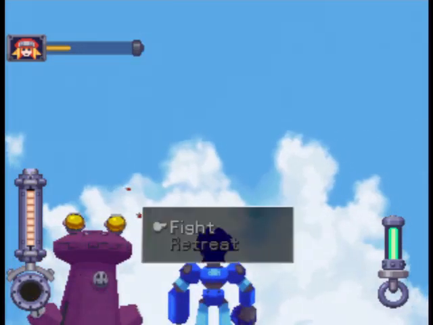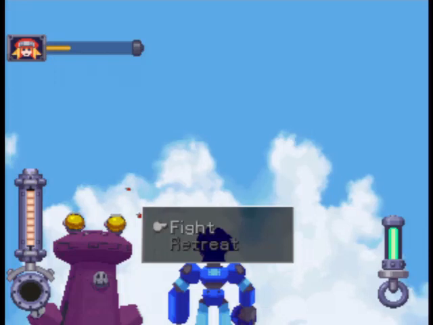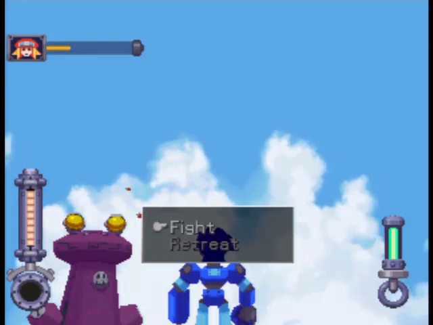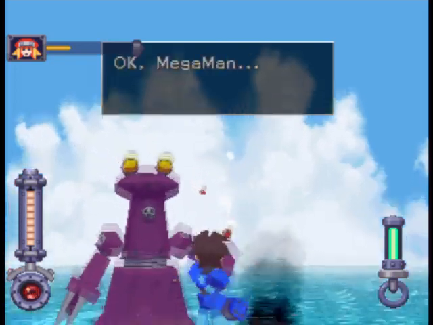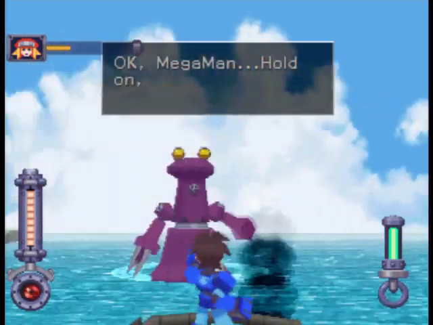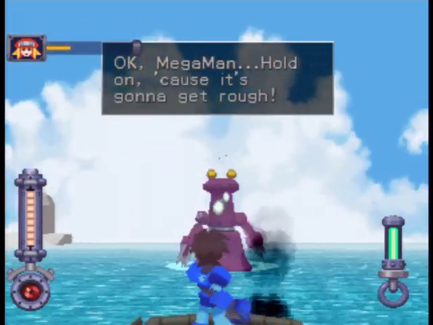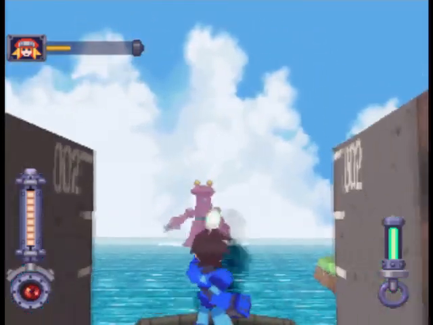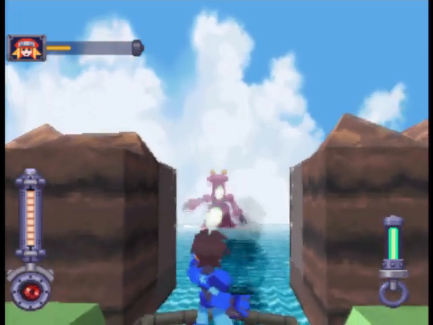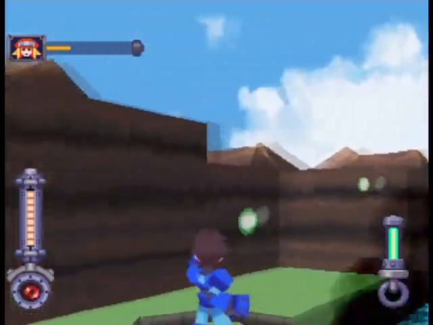What should we do? Fight or retreat? I think if I retreat, I can get my health back. We're gonna fight. Probably not a good idea, because I'm not 100% sure that I can get my health back, and as you can see, my boat is pretty much down for the count. But I think once we get past this part of the fight...